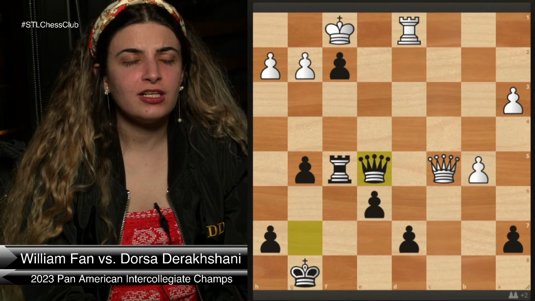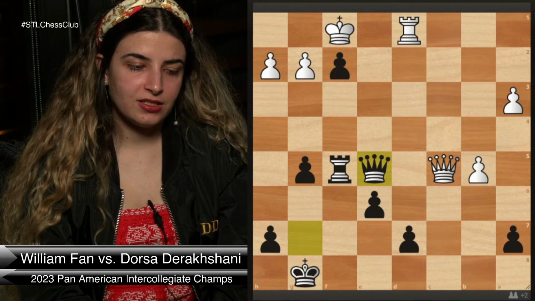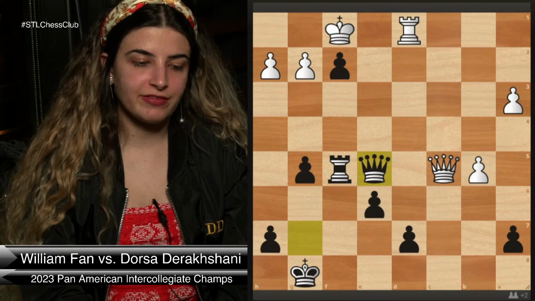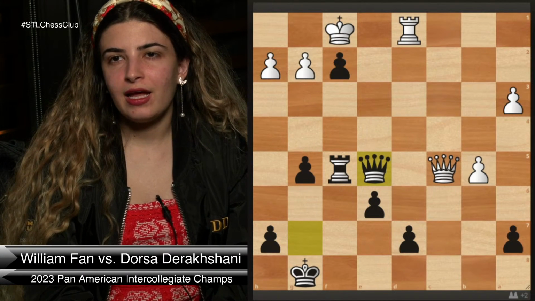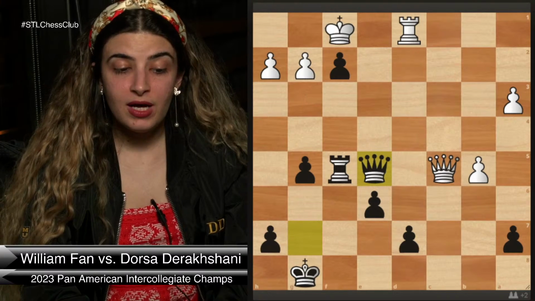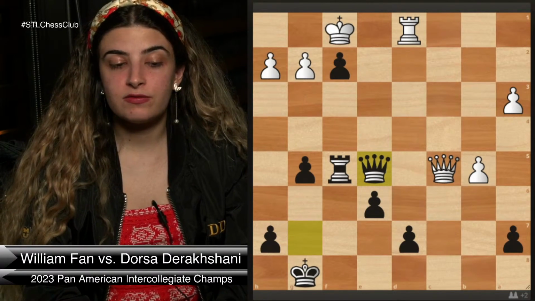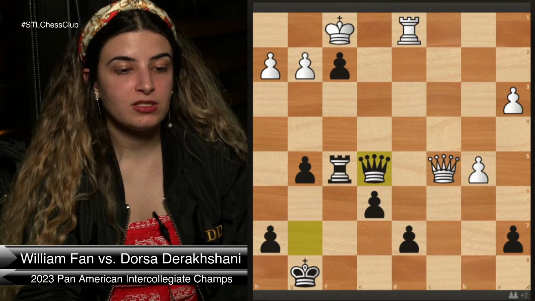As soon as I took that, I was like, wait a second, I didn't calculate the rook endgame. Because if they take, rook takes d7, rook takes b5, rook takes a7, what am I gonna do? Like rook b2, and then my king is stuck, their king is stuck, that would be a draw. But my opponent also didn't figure it out in time, and he just kind of went ahead and gave this